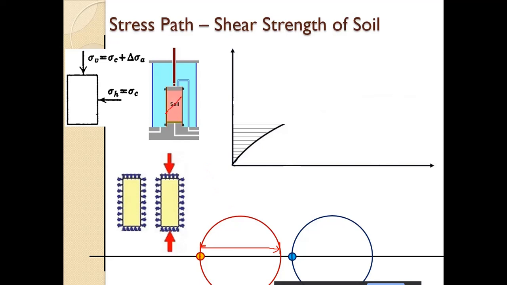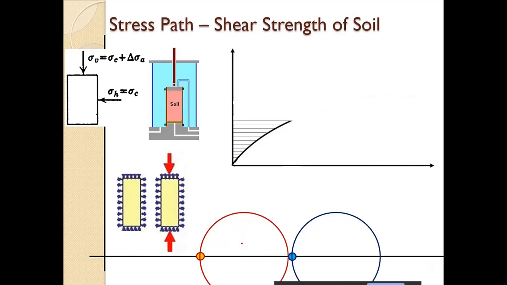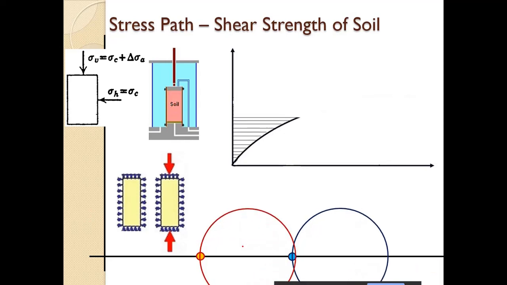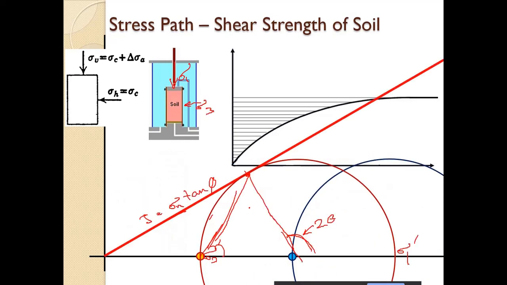on the inclined planes, on the planes inclined to the minor principal plane and major principal plane, shear stresses are getting developed. So this is the shear stress tau, and this is normal stress sigma. Shear stresses are getting developed and increased, and ultimately at a point it will reach the failure state, and the